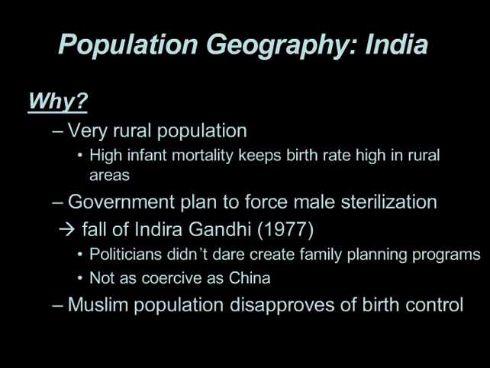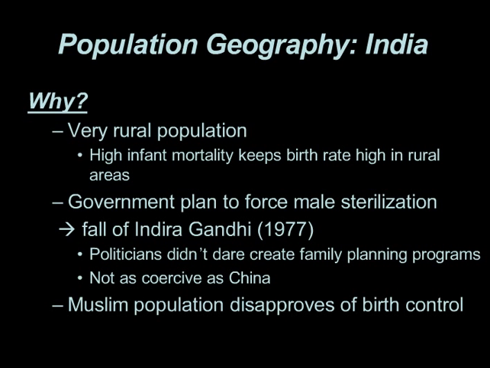Further, you had a governmental plan by Indira Gandhi in which she was very, very forceful with her male sterilization program. Every single one was very coercive, and this led to her not being elected come the next election. Because of this, politicians said, well, we're not going to go there. And so they had this period where they didn't have any population control policies,